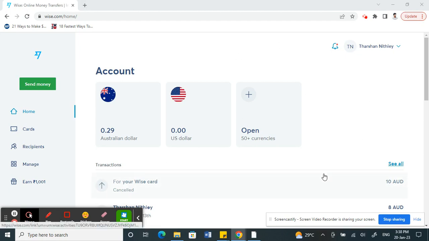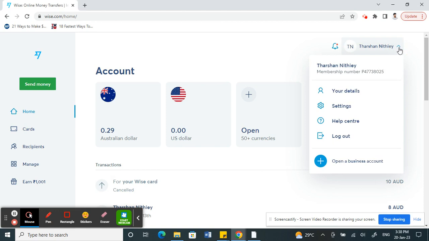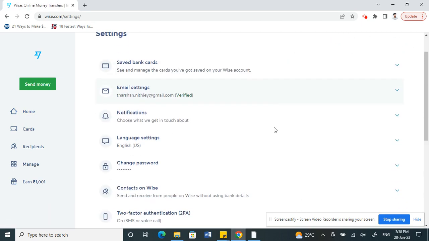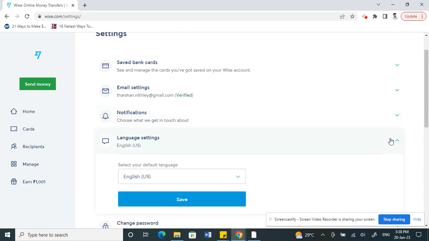So once you've logged in to your Wise account, all you have to do is, once you're on your dashboard, click on your name. On your right there, you'll see your name. Click on it. Once you click on it here, you'll see an option called settings. Click on settings. Once you click on settings here, if you scroll, you will see an option called language settings. So all you have to do now is click on language settings, and here